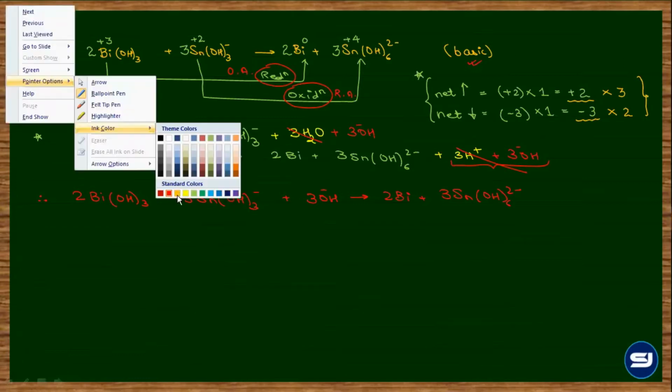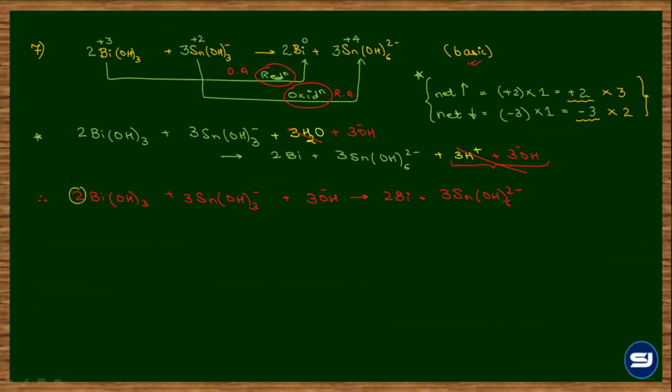ठीक है. Other way around, in the question they could mark these coefficients as, let's say, A, B, C, D, E, and they might ask you any of these coefficients or some of the coefficients. So finally once you get the balanced reaction, जो भी question पूछा है कि A, B, C, D, E के individual values क्या है या sum of the coefficients क्या है, that would be easily calculated. समझा? So these are the type of questions which you might get in the entrance. For that direct balancing required है, वो steps आपको नहीं दिखाने हैं. Is that clear? Yes, sir.